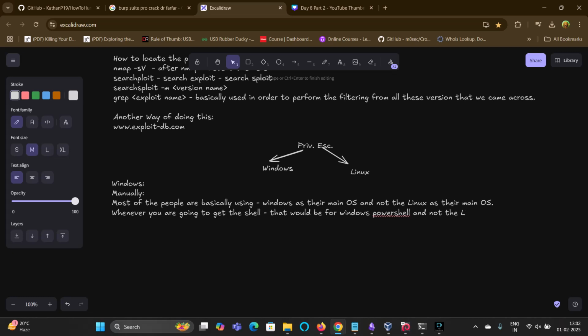Most of the time, there are chances that we are going to have a Windows PowerShell instead of the Linux shell. So you have to be very handy with Windows as well as Linux. So just understand, after getting to know the information about that particular operating system and the particular system you are in, what you have to do is check